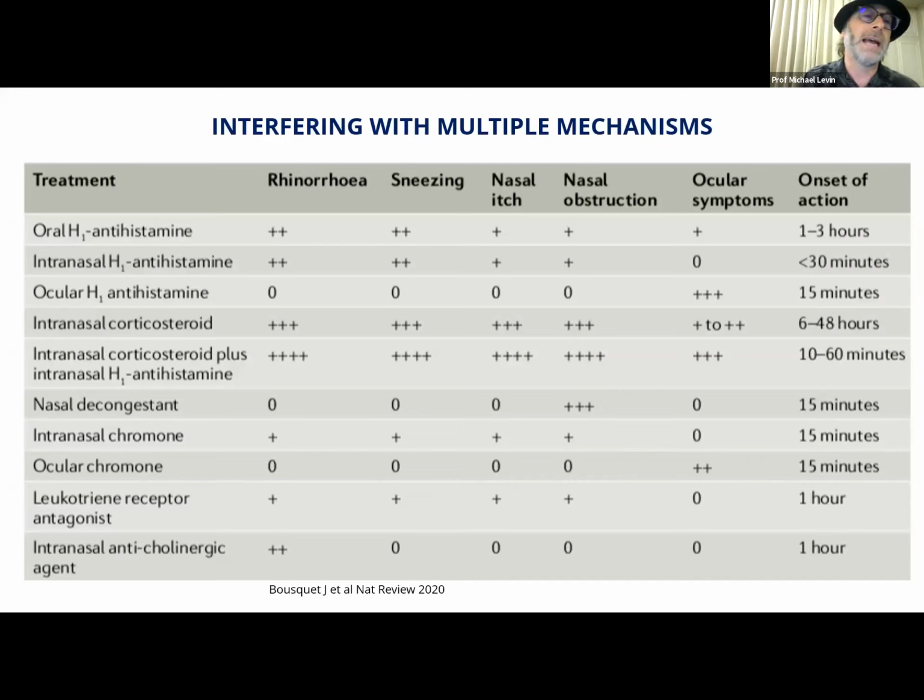So, for example, the antihistamines work on your immediate phase, and because of that, they're very good for the itching and the running, and a little bit for the sneezing. The decongestants will work for your nasal obstruction, but do nothing on any of those other pathways. They only work on your end organs. Your chromoglycate, which is a mast cell stabilizer, will work a little bit. Your leukotriene receptor antagonists will work a little bit on each of those, but really it's your intranasal corticosteroids that